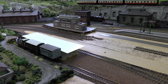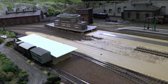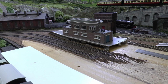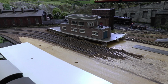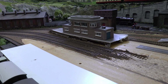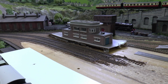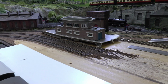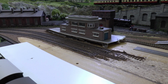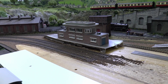and the last video created a lot of interest on the signal box, and there's quite a bit of debate on it, and I think 99.9% of the people said that the signal box should go in this position here, and one or two suggested also that it could go onto the platform, and somebody very kindly sent me some photographs of the Art Deco version, which is this one, actually sitting on the platform in real life rather than sitting on the deck,